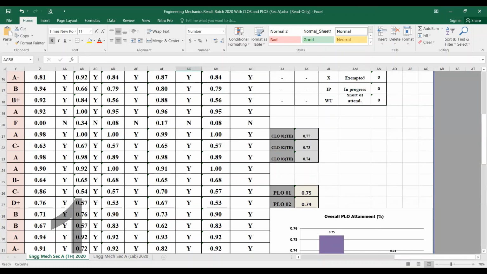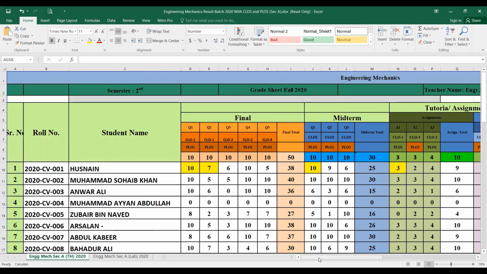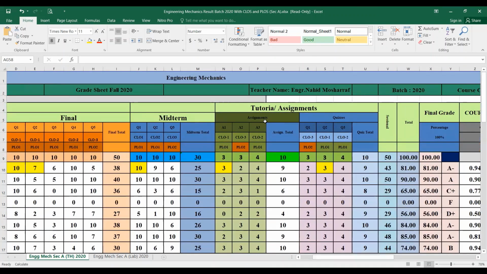But one thing I want to tell you is that students should realize how they have to deal with the questions in their papers. If they left any question in the midterm, for example, a question related to CLO3, then they must solve a question of CLO3 in the final exam activity. And one more thing, they also have to do the assignment and quizzes related to CLO3. They don't have any margin to leave a question which is mapped with CLO3.